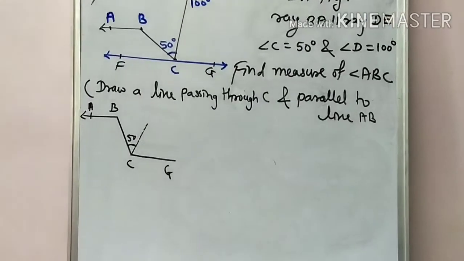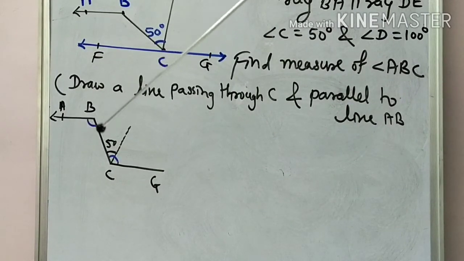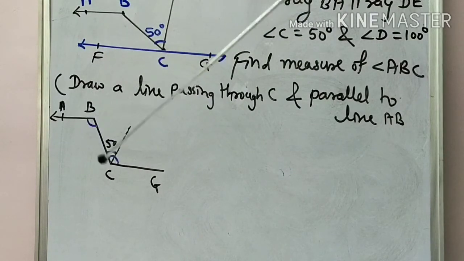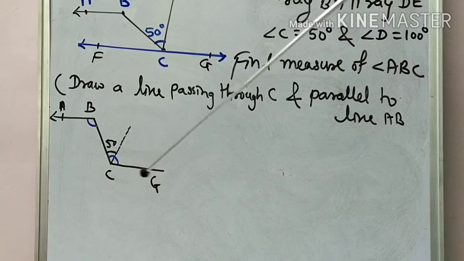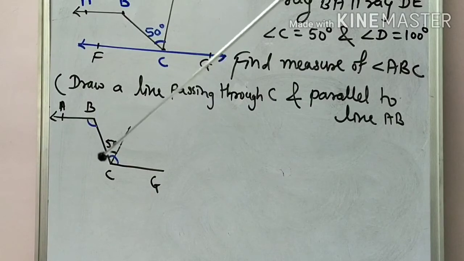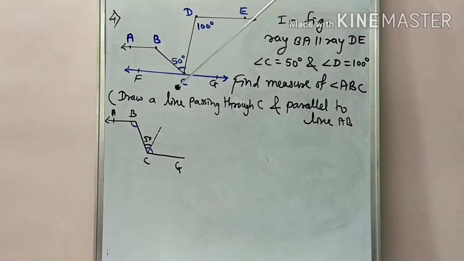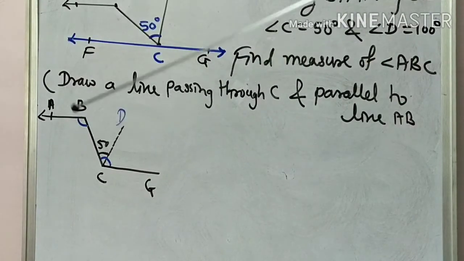Getting this? It means as we find BCG, that same measure is of angle ABC, because the lines are parallel, so alternate angles are equal in measure or congruent. Okay, and according to the figure, how do we find BCG? BCG has two parts, and one point is over here as D, so BCD plus DCG. But BCD is given as 50 degrees and DCG